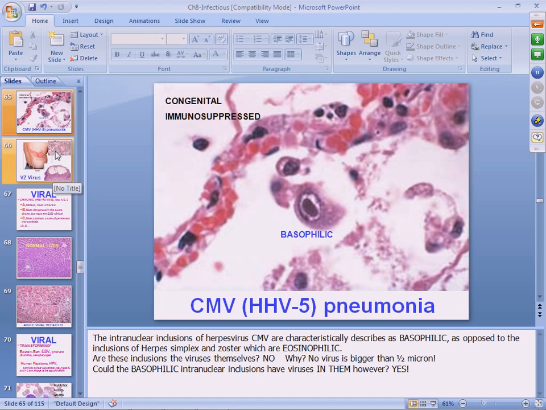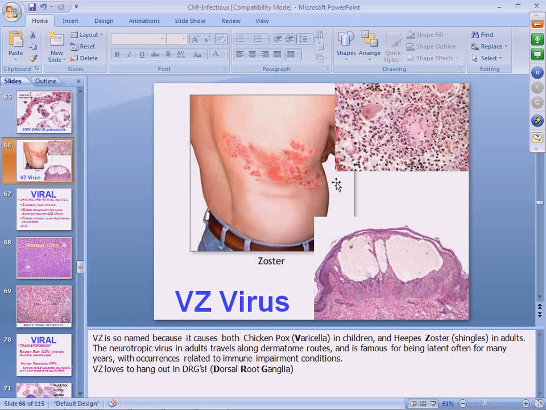If you scrape some of the cells of that, you think you might see intranuclear inclusions there too? Absolutely, yes. You don't see them here. You see mostly the inflammatory infiltrate, but all of the vesicular rashes caused by the herpes family have intranuclear